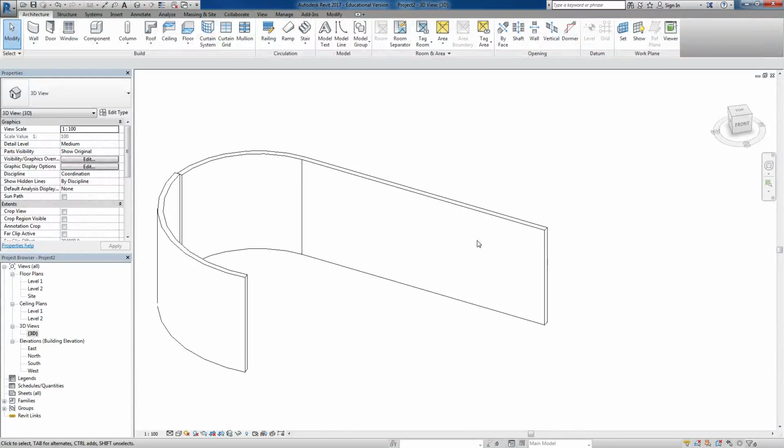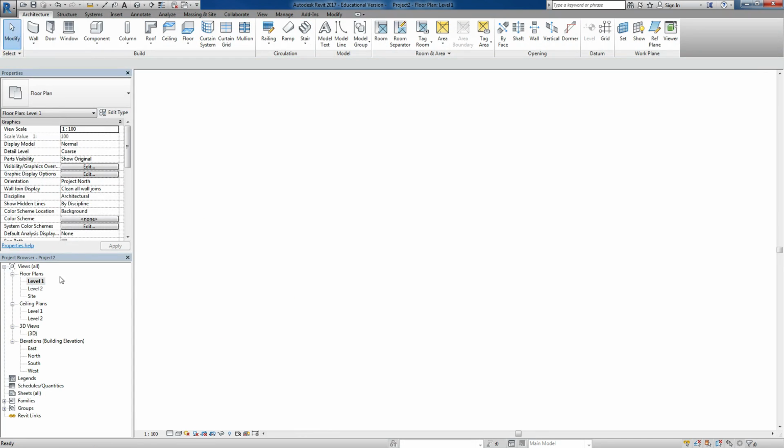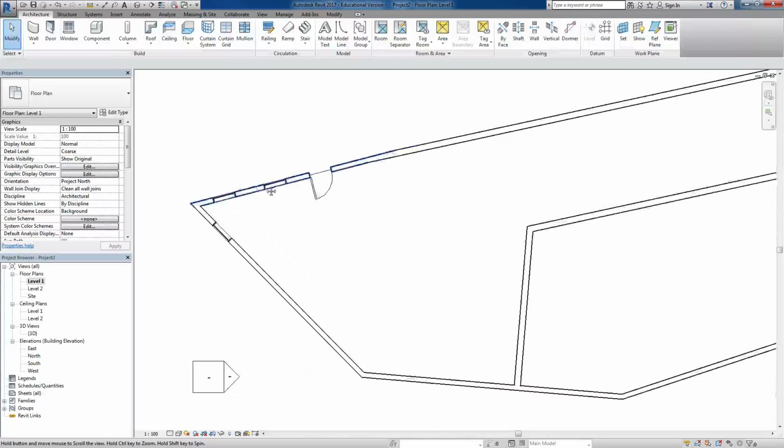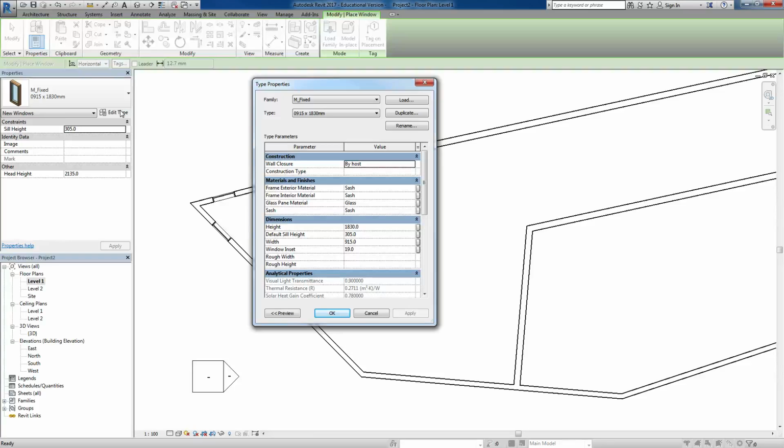So I'm going to delete this. Just back to my plan view and back to the windows. Okay, so when you want to draw a window, you guys know what the sill height is and what that means in a drawing? Sill height of a window? Yeah? Just the bottom height? Okay. Yeah, so how high it is from the floor is the sill height,